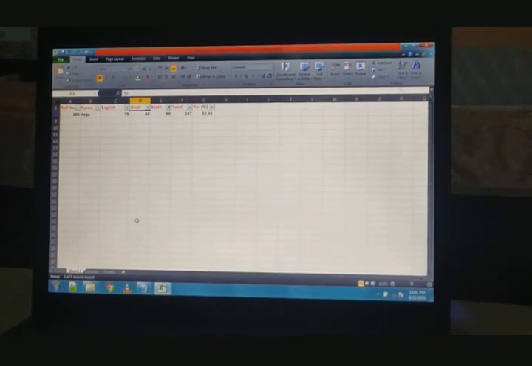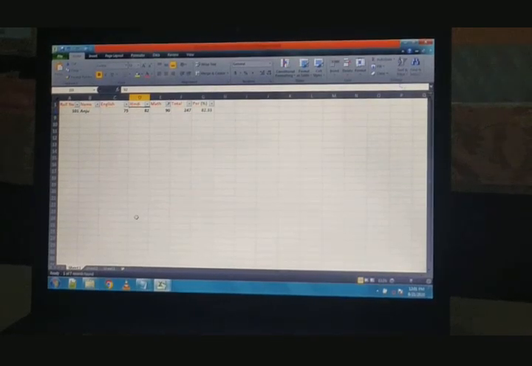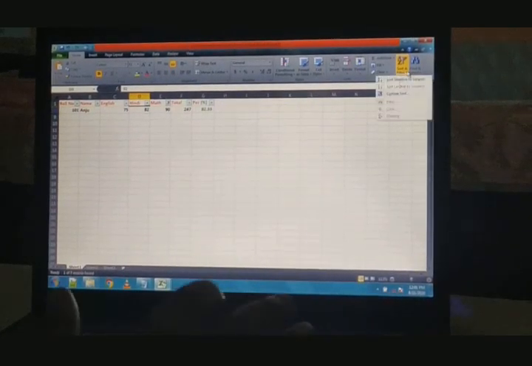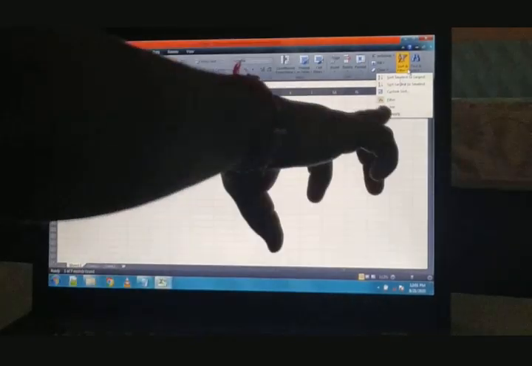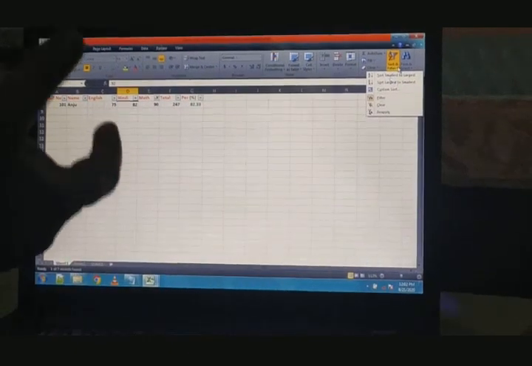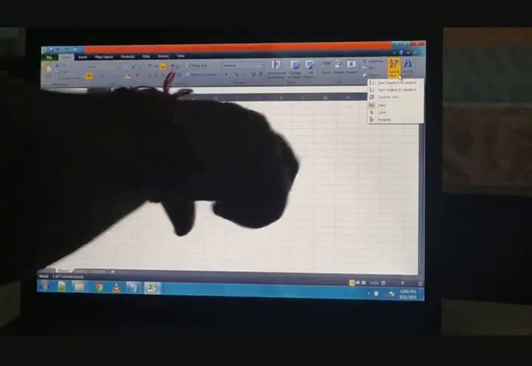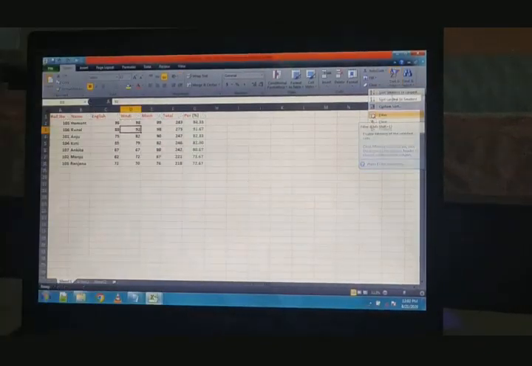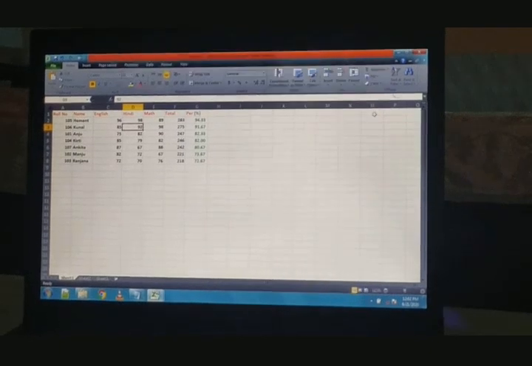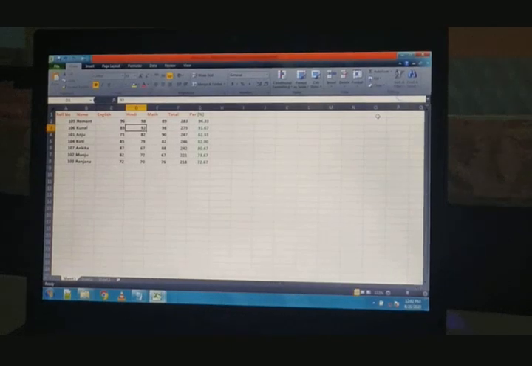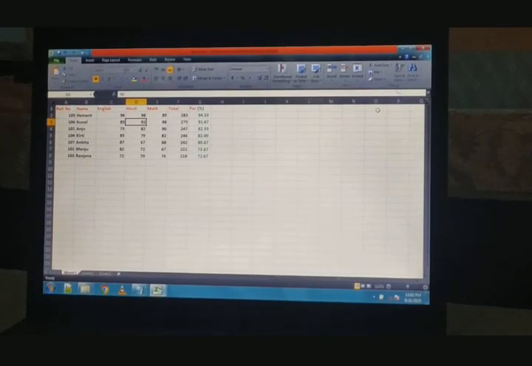But after applying the filtering, to get back our original data, we have to deactivate this filter option. To deactivate that you can click on the clear icon or you can click on the filter icon. I have already clicked on the clear icon before. Now I am clicking the filter icon. Then we see that our other records have been displayed. So this is the process of filtering data. Kindly do practice for that.